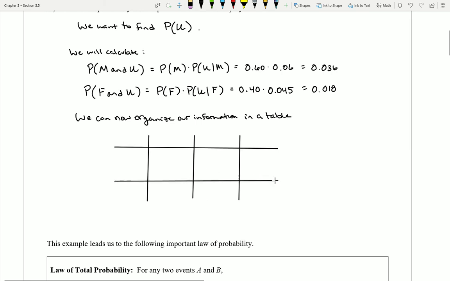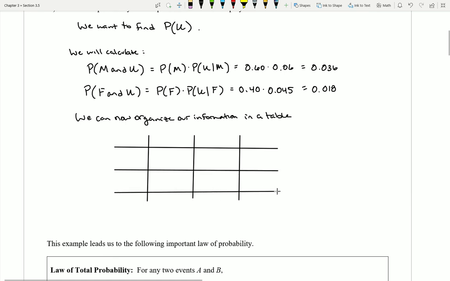Going to have 3 horizontal lines coming across here. Let me actually move that one up a bit so I can make a little bit more space. Put this one here, and I'll put this one here. Now the reason that I'm setting up my table is because I can think about organizing it in the following